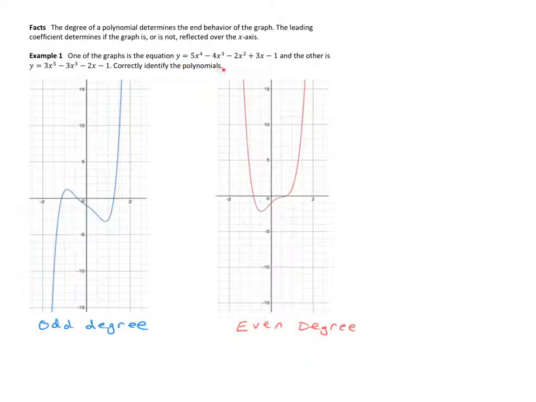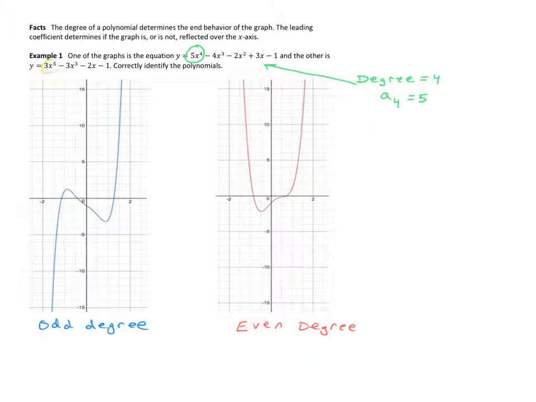Y is equal to 5x to the fourth minus 4x cubed minus 2x squared plus 3x minus 1. Pretty complicated polynomial. But if you focus on just this portion here, I see that the degree of this thing is equal to 4. So for this first polynomial, the degree is 4. The leading coefficient, which would be a sub 4, is equal to 5, but it's really the degree I care about. If I look at this other polynomial over here, the degree is coming from this term,